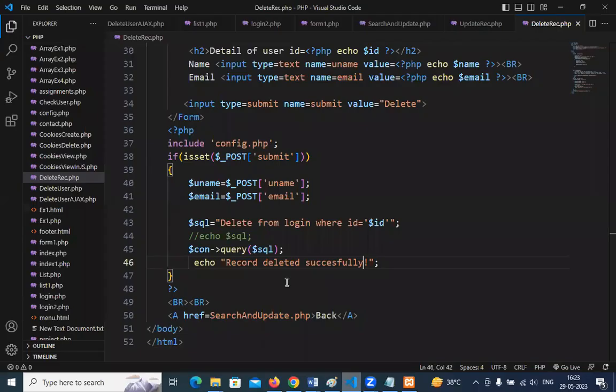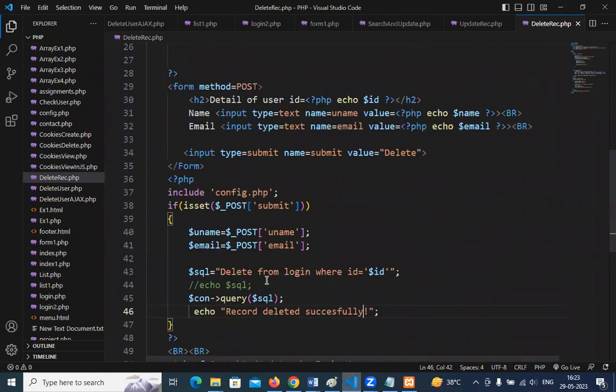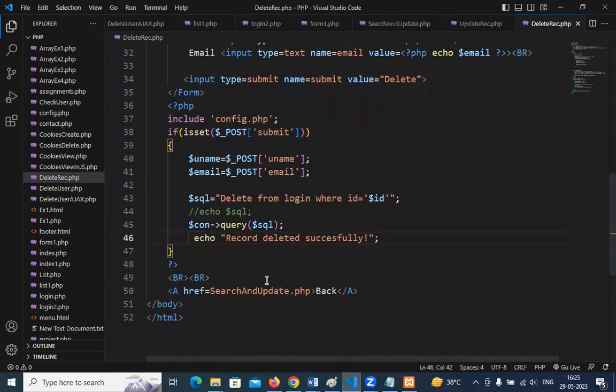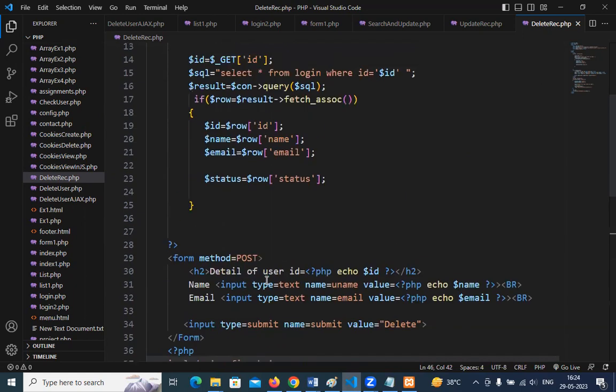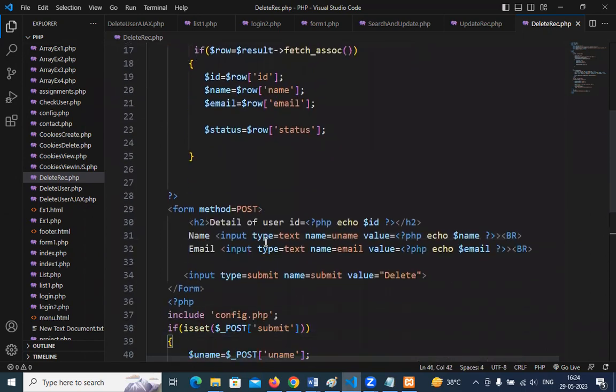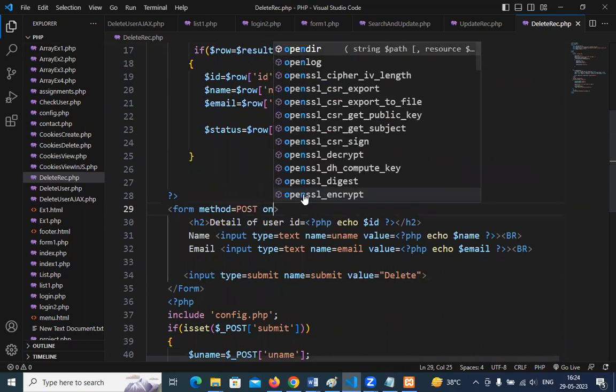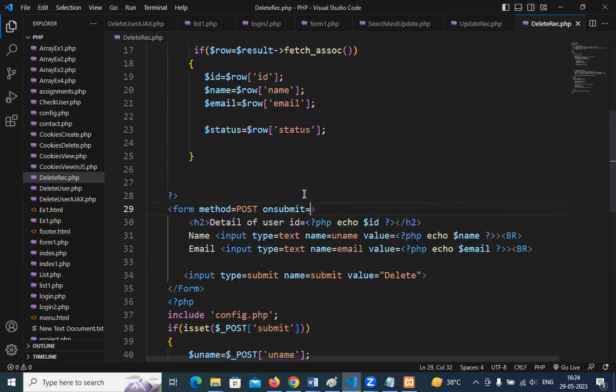Now here in the delete, there should be one task. It is directly deleting. What we should do, instead we should ask the user, are you sure? Because deletion will delete the record permanently from the database. So we should ask the user whether he is sure that the record has to be deleted. And if the user says yes, then only the record should be deleted. So for that, what we have to do, here we'll create a JavaScript. We'll take help of JavaScript. On submit, we'll call a function